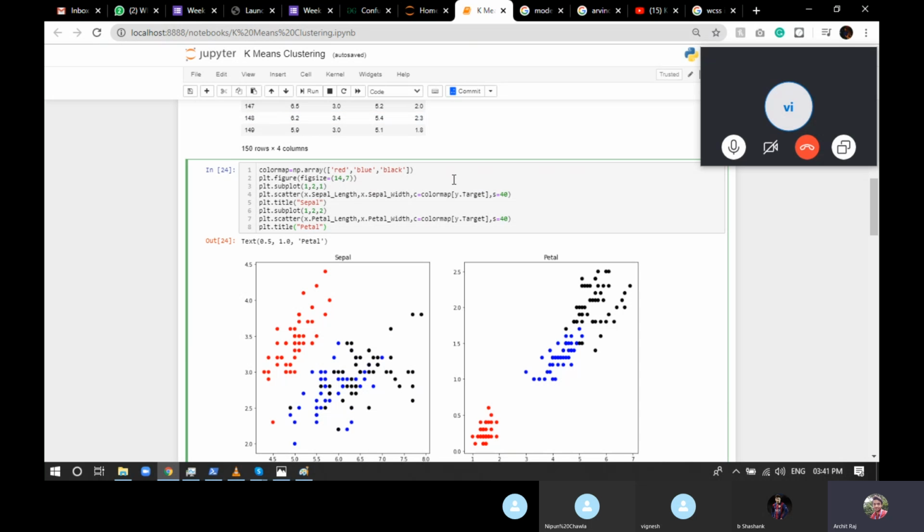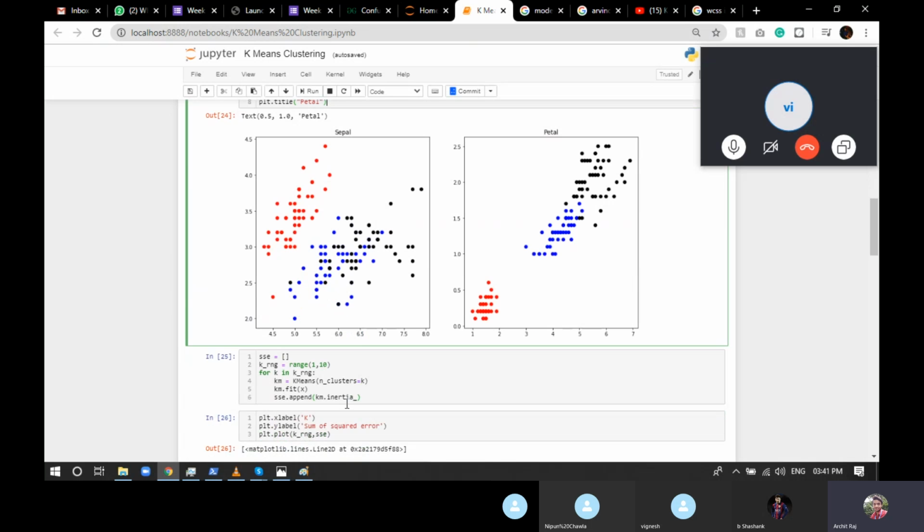So what we have is a graph showing the petal length and petal width, and depending on these you have the classification of the flowers. Red resembles one type of flower, blue resembles one type of flower, and black resembles one type of flower.